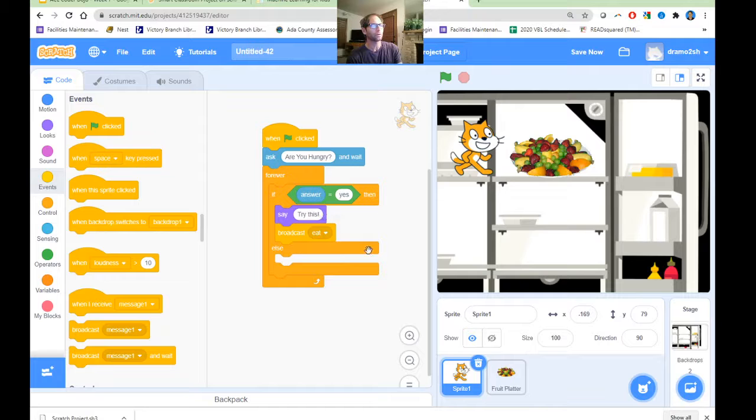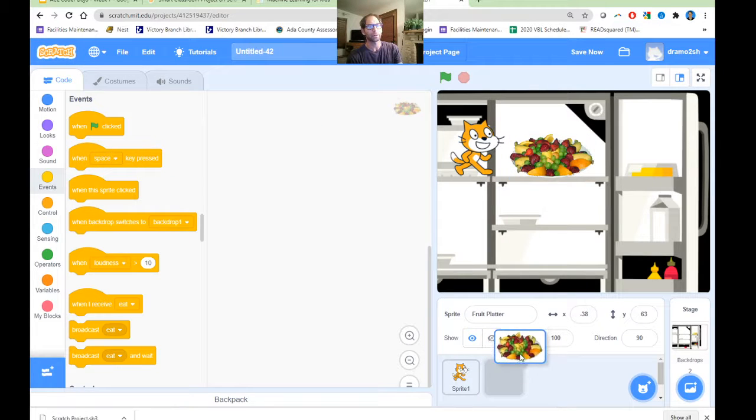Now what we're going to want to do is go back down here to the sprites and click on the fruit platter sprite, and you'll notice the code disappeared because the fruit platter doesn't have any code on it yet, right? And so let's go ahead and get that set up so when it receives that eat message, it appears. So first off, what we're going to want to do here is